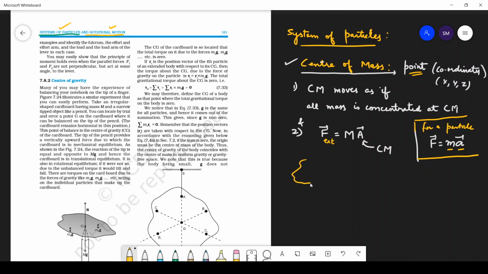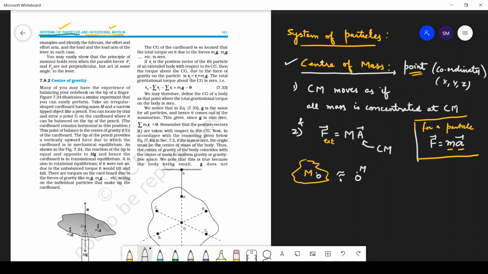So this whole body has mass m, and we have a center of mass, suppose, of this body over here. So this O is the center of mass. So assume that this is point O, and this O has mass m, highly concentrated, like you have